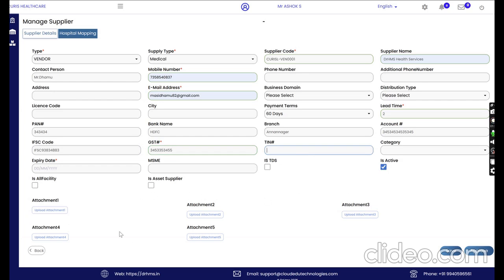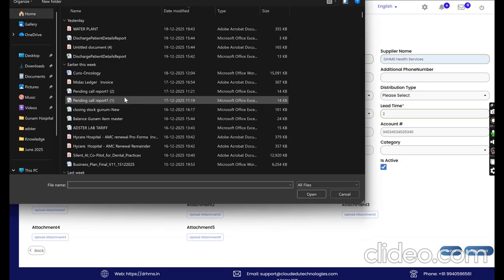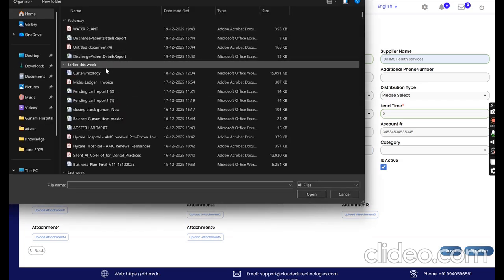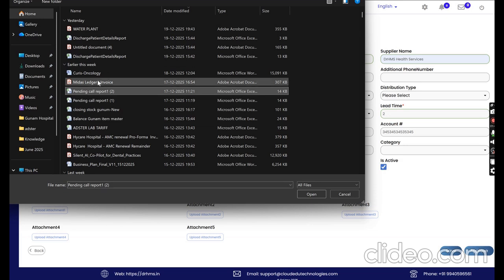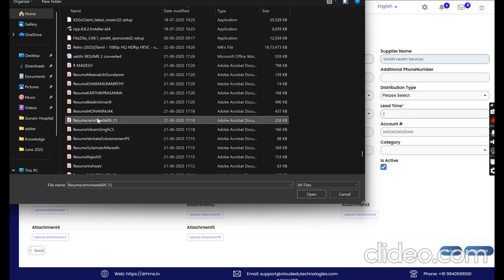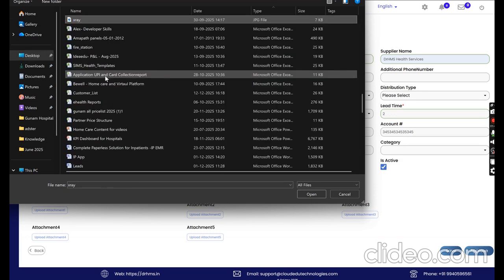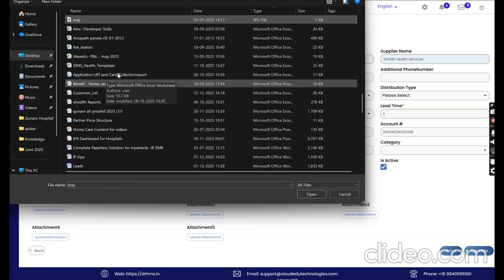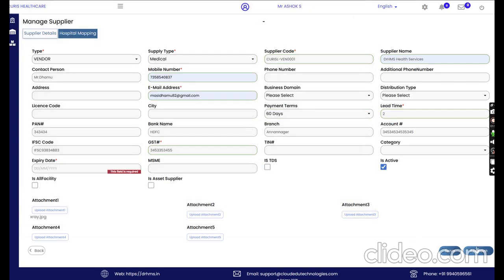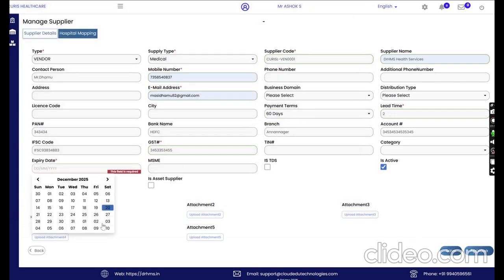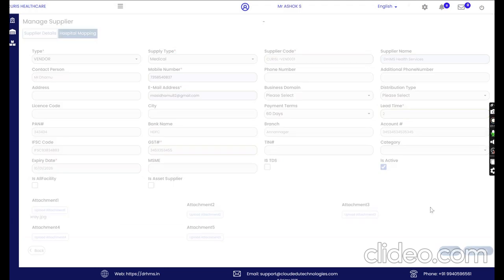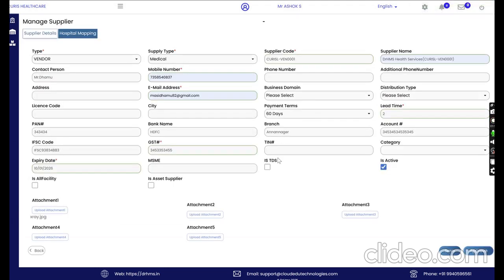For supplier onboarding, there will be multiple attachments. You can do the multiple attachments from here. Then you can also enter when the supplier is going to expire, the expiry date, so that you will get an alert. So once the supplier is onboarded,